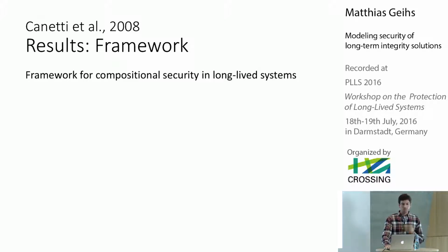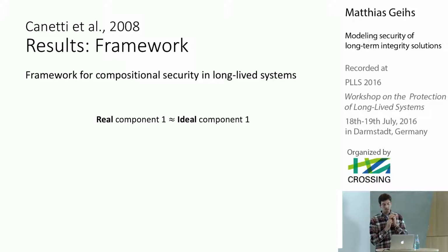And in such a framework, as was explained by Professor Müller-Quade before, what you do for proving security is the following. You have a component, and you want to prove the security of this, and you formulate, in a very simplified way of putting it, the ideal functionality of that component, and then you show that whatever you do with this component, if you interact with the real component, it looks the same to you as if you interact with the ideal component. So you cannot really realize if you're using the ideal thing or the real thing.